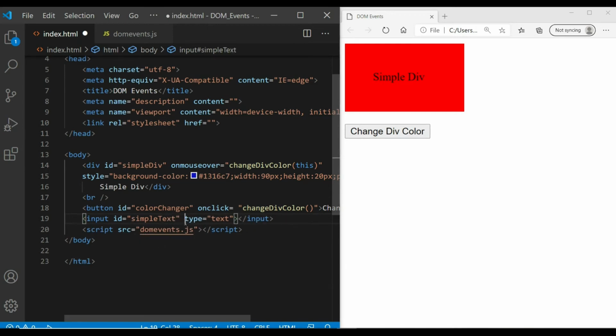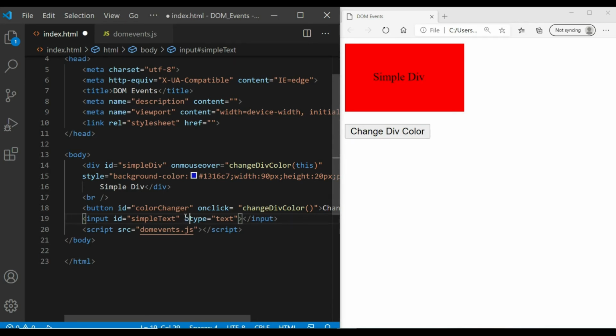Okay, what I want to do with this input, whenever I type something and click outside, it should change to that value which I have written, change it to uppercase. Okay, so that is what I want to do.